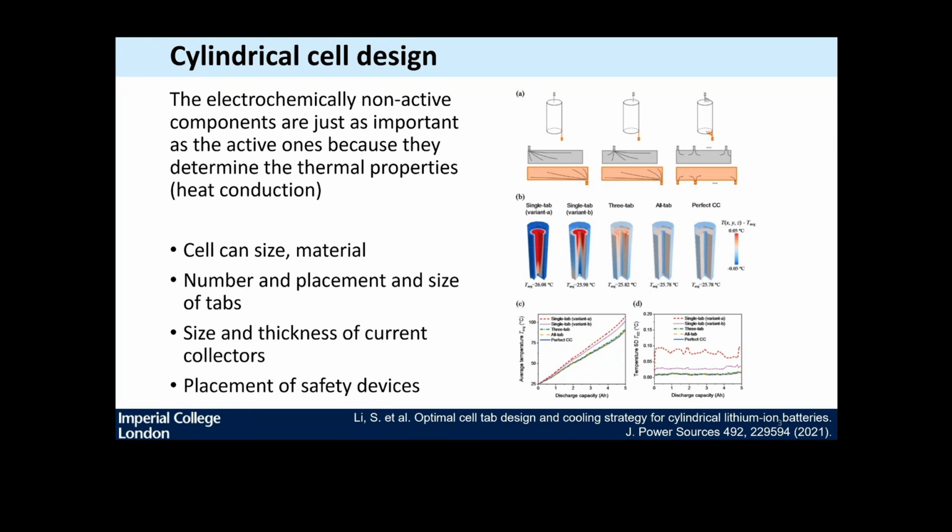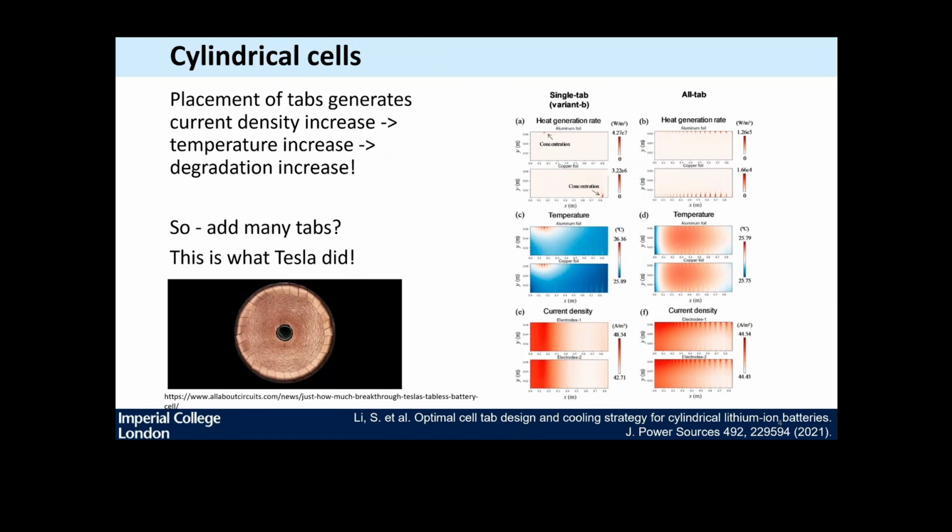And of course, this is the performance that you want to be evaluating if you are, for example, a battery engineer, want to choose your cell, or want to design your battery, or want to choose a thermal management system. He also mentioned this Tesla tabless cell, so the fact that the model you create with these non-active materials as well as the active materials can show us that you get this inhomogeneity in current density across the current collector, which we know,